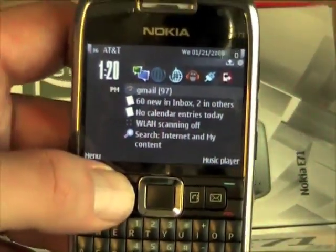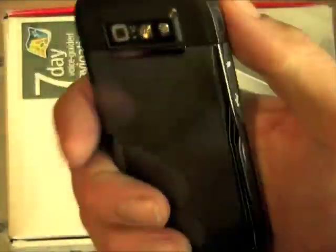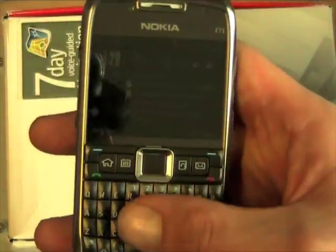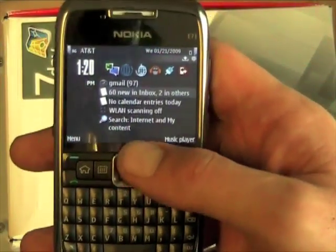So when you're at work, you're not distracted by personal stuff, and vice versa. Kind of cool. For me, this is a great device, and I think it really just came down to, when I was using it and considering, is this the phone that I want to use personally? Or not even for me, but for you, if you're thinking about a device like this,